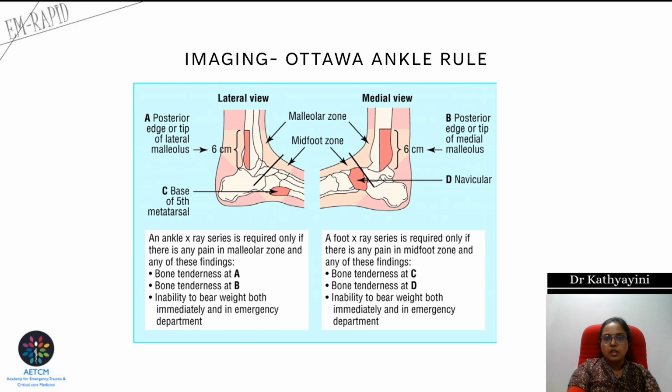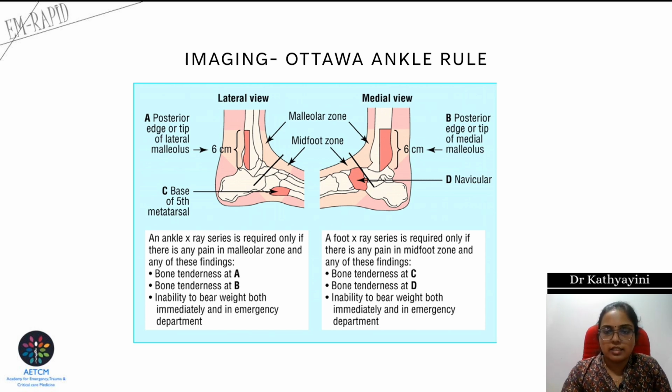So here again, if the patient is coming with a suspected ankle injury, we have to get an X-ray done. So when should we get the X-ray? It is based on the Ottawa ankle rule. In an ankle injury, we may require an X-ray of the ankle and we may require an X-ray of the foot. An X-ray of the ankle is required if the patient has pain in the malleolar zone and